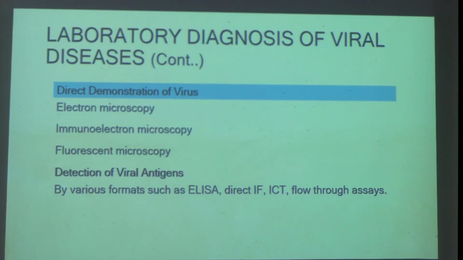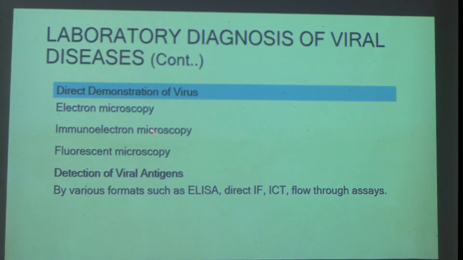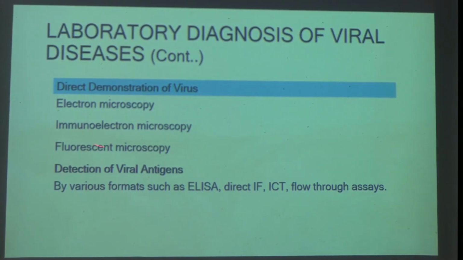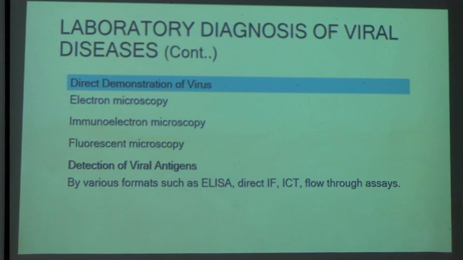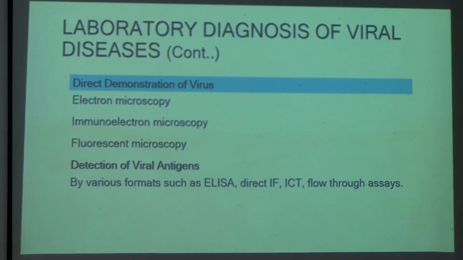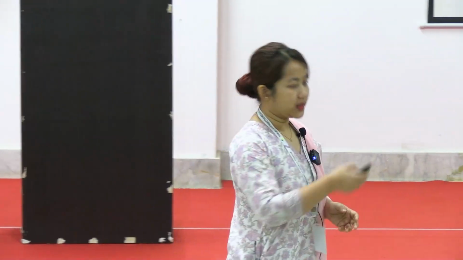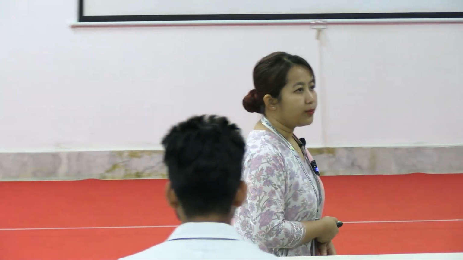So, which microscopes can we use? Electron microscope. Okay. So, the immunoelectron microscope will enhance whatever we can see with the electron microscope. And then we can use fluorescent microscopes also. Then there is detection of various antigens and antibodies. So, in the earliest phase of the disease, which one shall we try to find out first, antigen or antibody? Antigen, correct. Then later on we look for the antibodies, specific antibodies for the specific organism, okay.